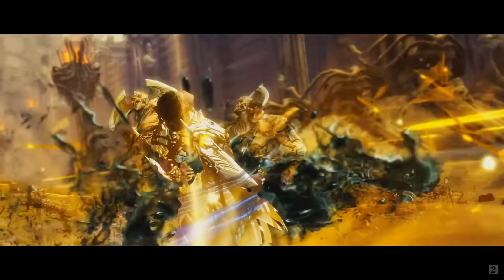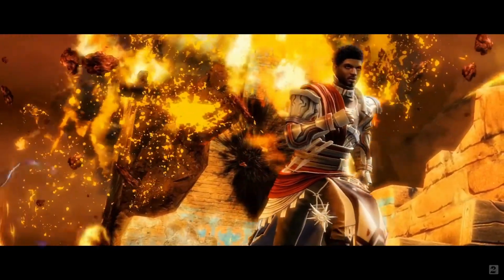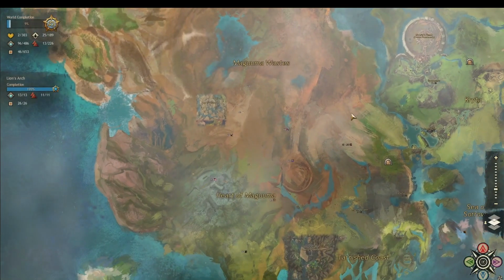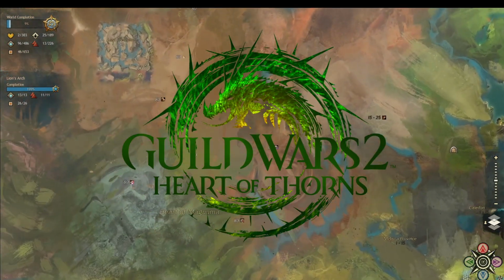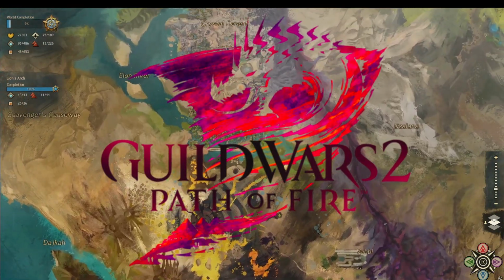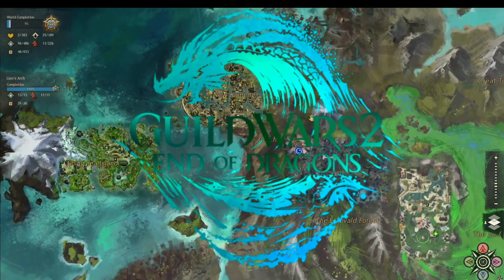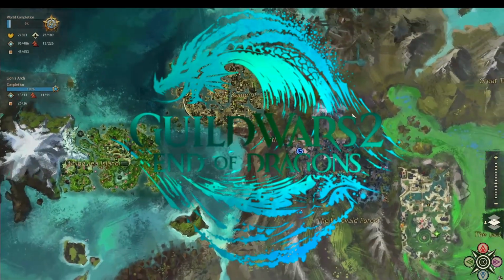that change how your core class plays and give them a new weapon skill and new abilities. You retain the original core class, and of course get a new profession mechanic. The 3 expansions are Heart of Thorns, which has you explore the Maguma jungle, Path of Fire, which has you explore the Elonian desert, and then End of Dragons, the most recent one, which has you explore the continent of